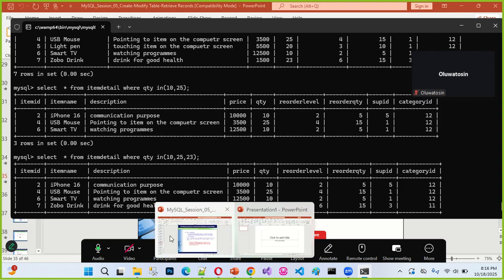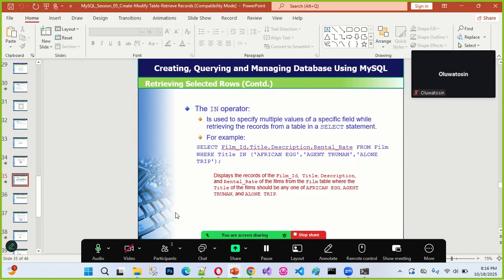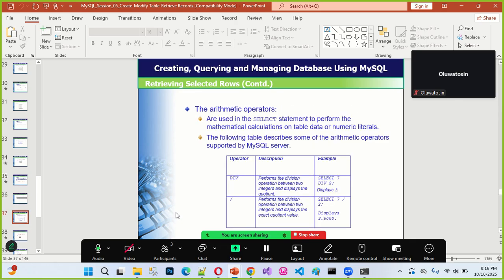In addition to that, I can still use my select statement to perform some mathematical operation on the records we have in our database. Do you get it now? Maybe I'm performing some calculation now. I can do that again.